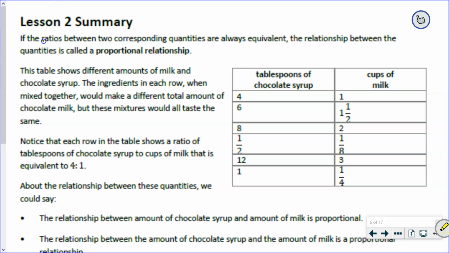If the ratios between two corresponding quantities are always equivalent, the relationship between the quantities is called a proportional relationship. This is really important because we're making this connection, as I have mentioned in the past, that when we have a collection of equivalent ratios, so again, ratios that are equivalent, we have a proportional relationship. I'm going to write that again in a different way. A collection of equivalent ratios